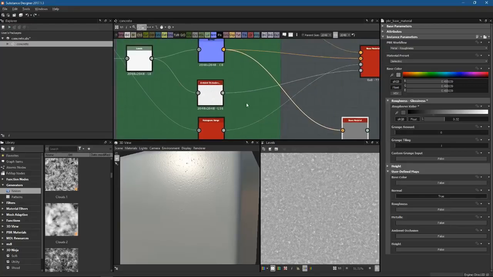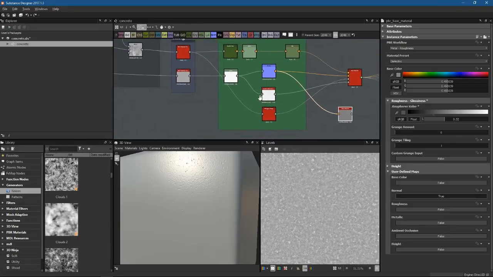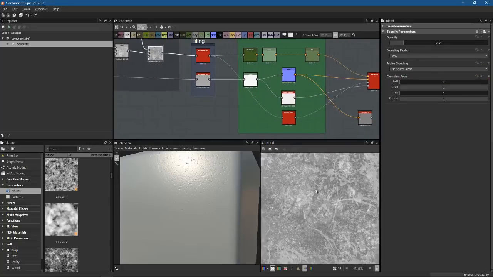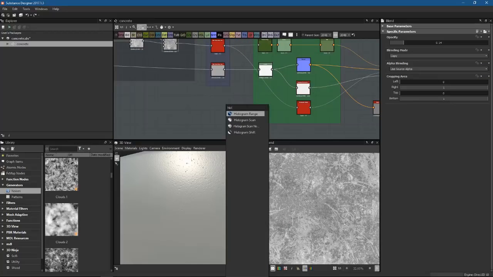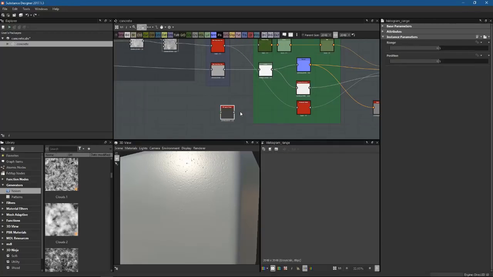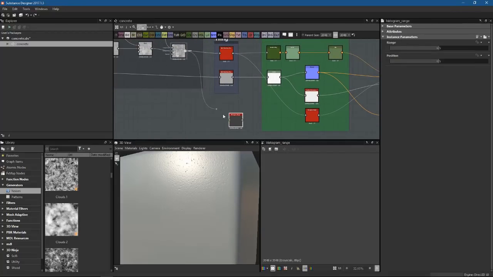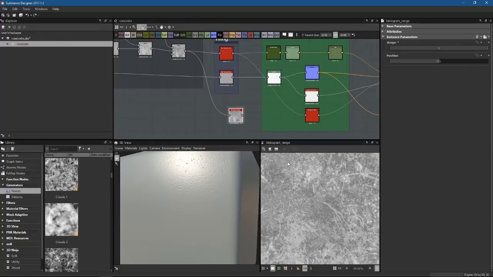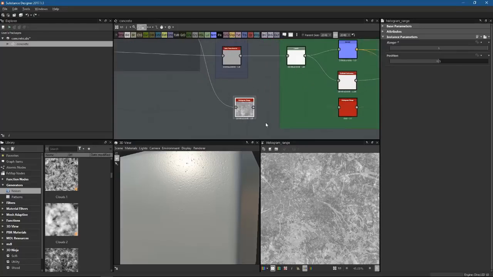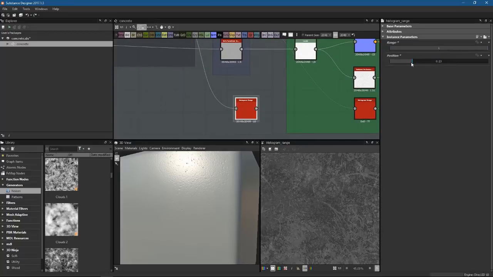is just to use, again, the information that I have. So for example, here's the map that I have. And what I do is I use a node that I call the histogram range node. And I'll just plug this into here. And if I set this range all the way to 1, it gives me exactly the result that I had before. Now I've got this position value, and if I start to lower this, you can see that I'm lowering